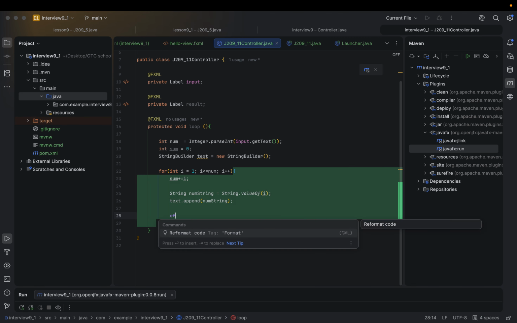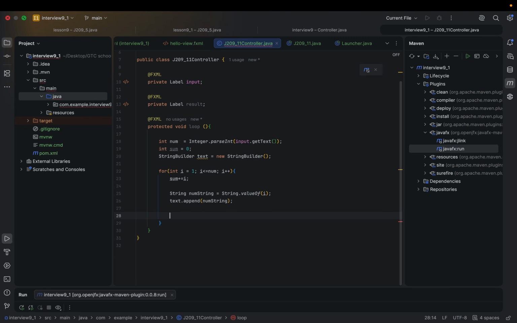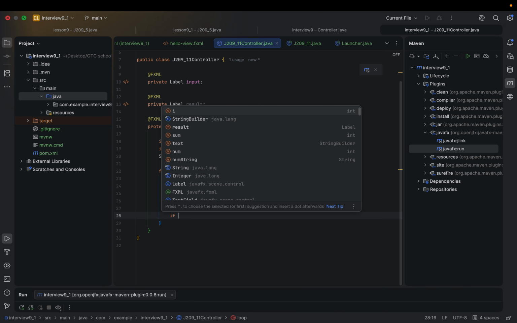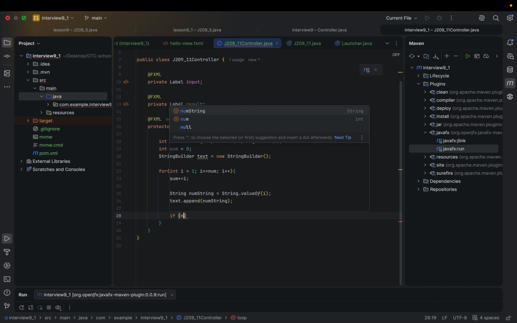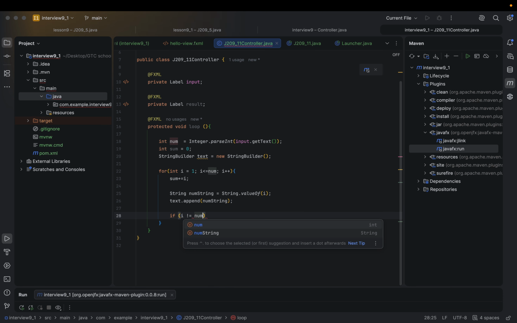Then now we're gonna say if, because we need to add the plus sign in between. Say if i is not equal to num, then we're gonna add the plus sign to the text. Then outside our loop now,